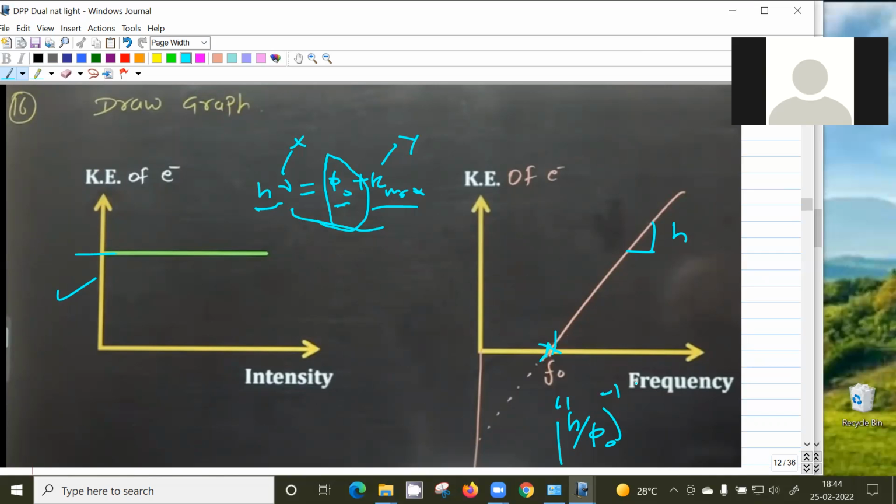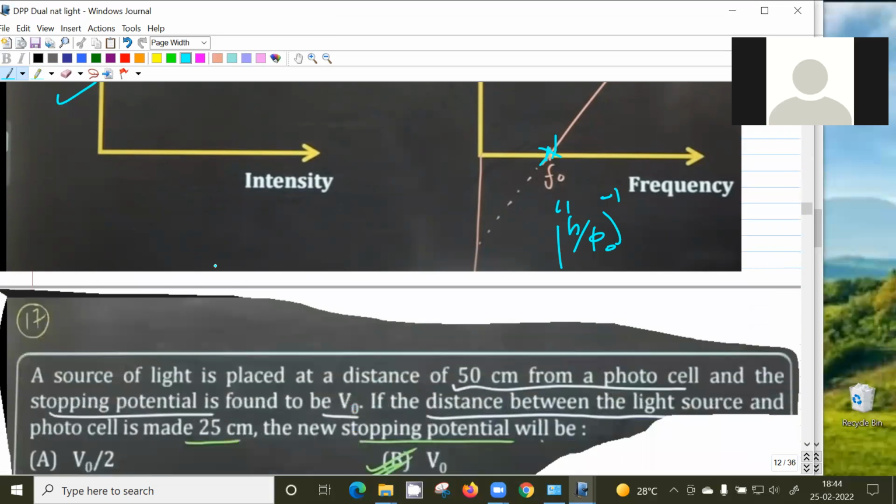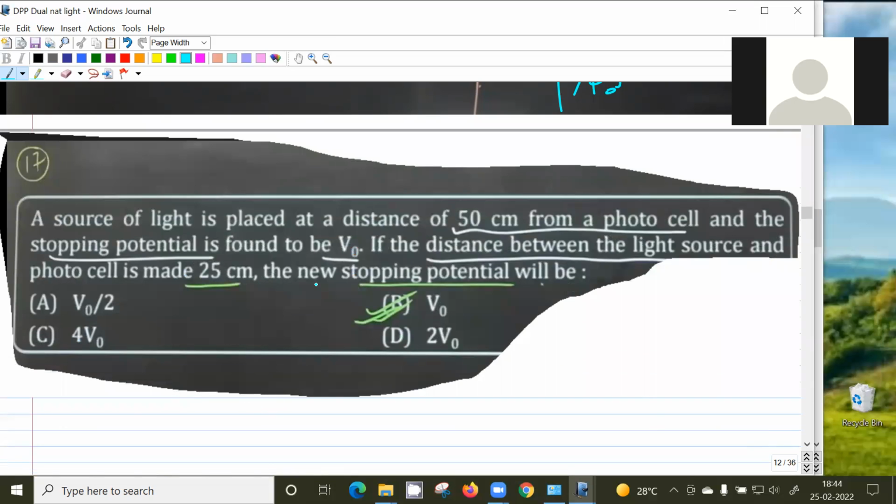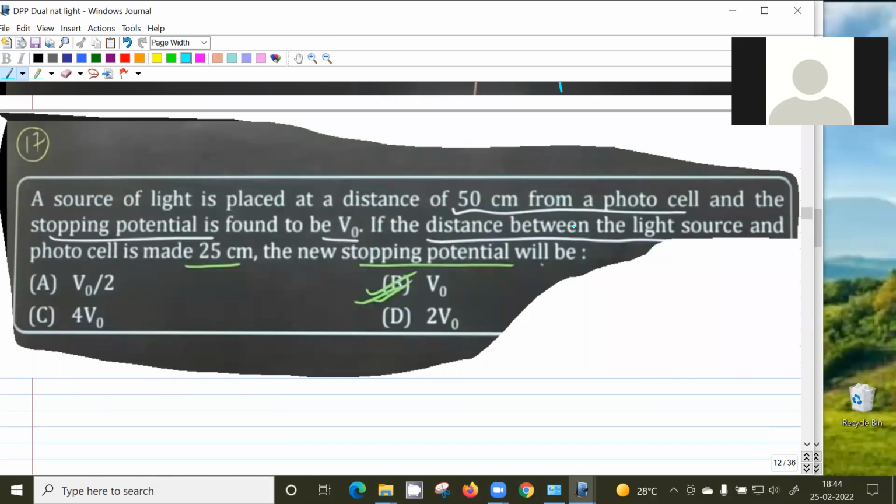Base minus 1. Is it clear? So the x-intercept is phi naught by h. Okay. The source of light is placed at a distance of 50 centimeter from a photocell, and the